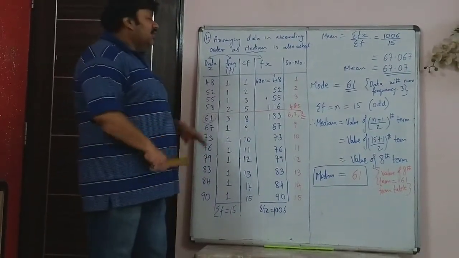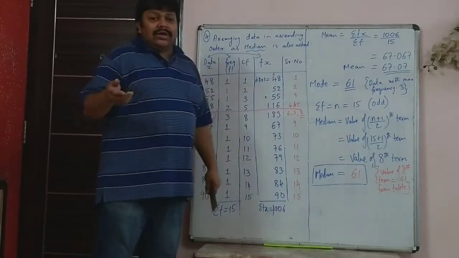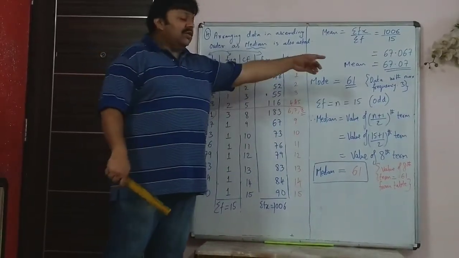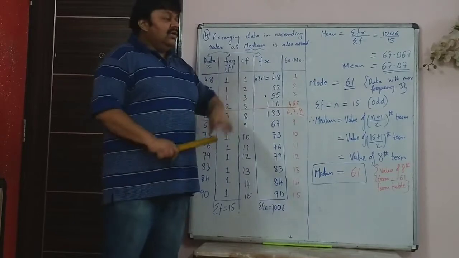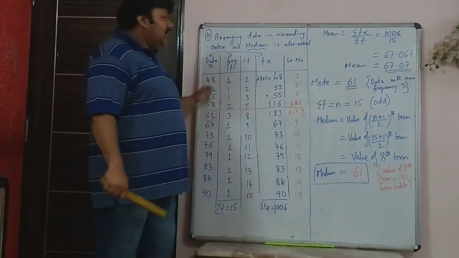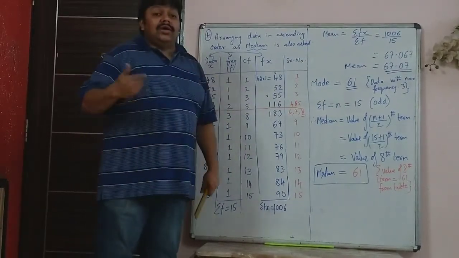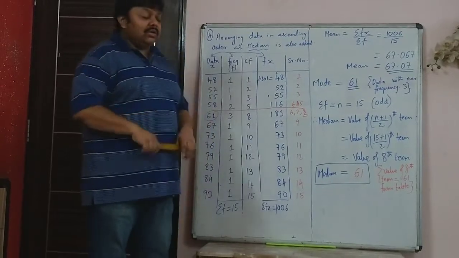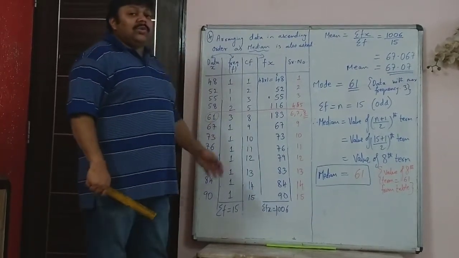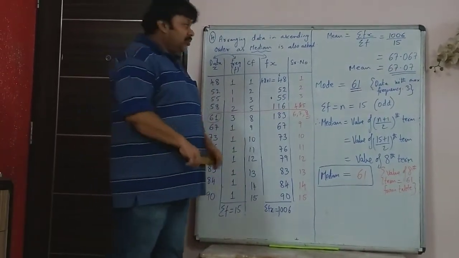67.07. Of course, in the data it is not given that it is age in years, otherwise I would have written the unit as years. You can leave it just like that because here it is not given. I just gave an example for you to understand better, that this is a group of 15 people who went on a trip.